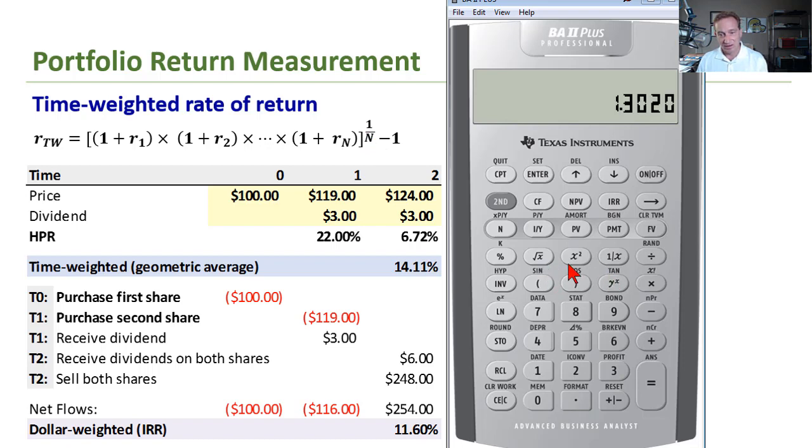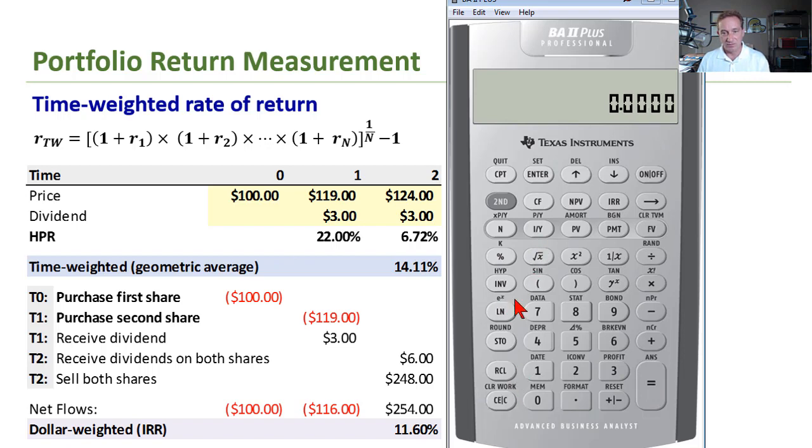I could raise to the 1 half, but knowing that's a square root, I'll just hit the square root here, and I end up with 1 plus my time weighted return. So I'll just do the minus 1 to make that official, and I get my time weighted return of 14.11%, and